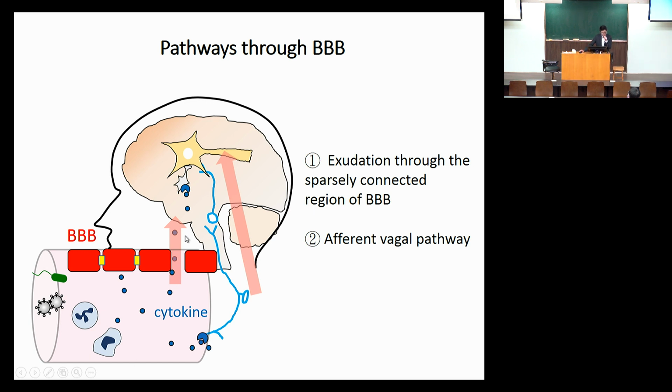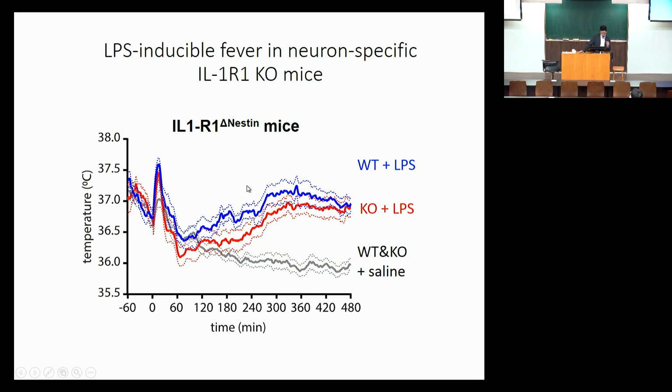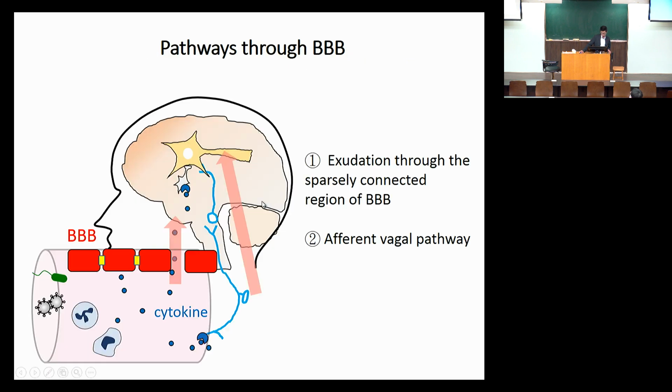The other story is the afferent vagal pathway. They have a receptor for cytokine, and the cytokine binds to this receptor, so the signal can go into the brain. So I first checked these two hypotheses